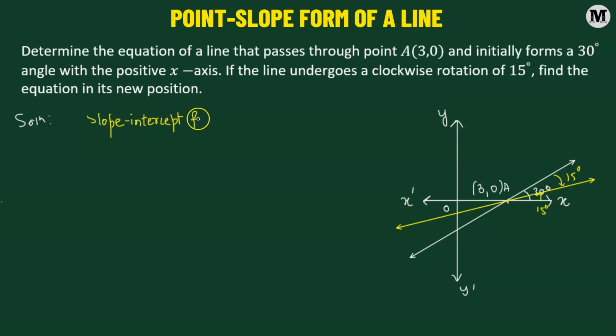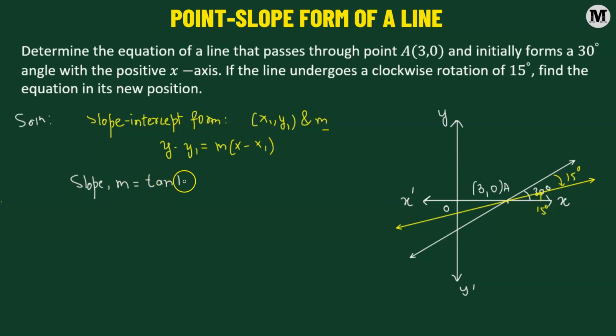If we have a point, say with coordinates (x1, y1), through which a particular line passes, and we also know the slope of the line, then the equation of the line is given by y minus y1 equals the slope times (x minus x1). In our case, the point A (3, 0) corresponds to (x1, y1). Now our goal is to determine the slope. The slope is simply the tangent of the angle that the line makes with the positive x-axis,